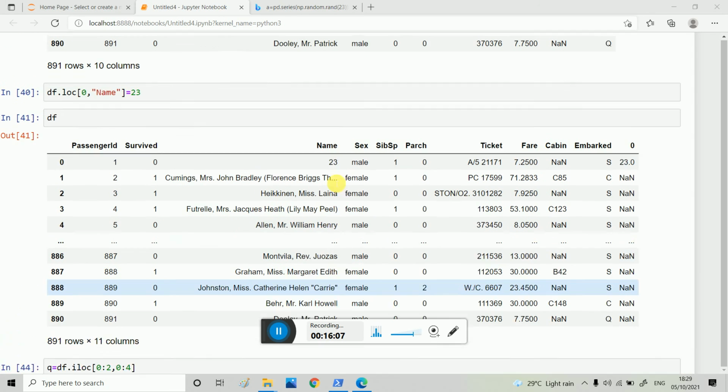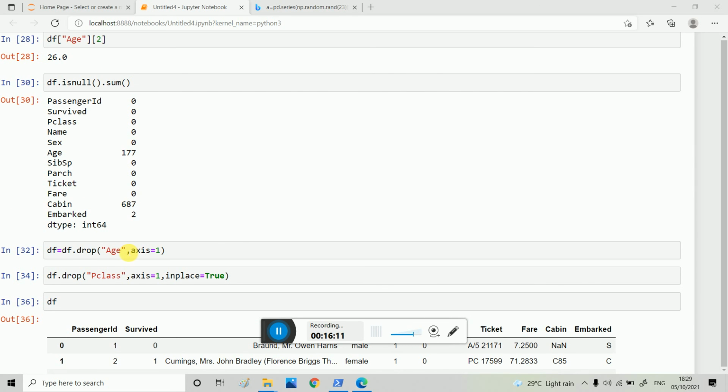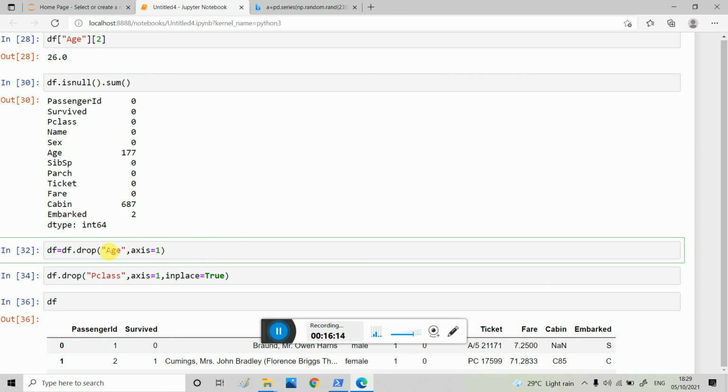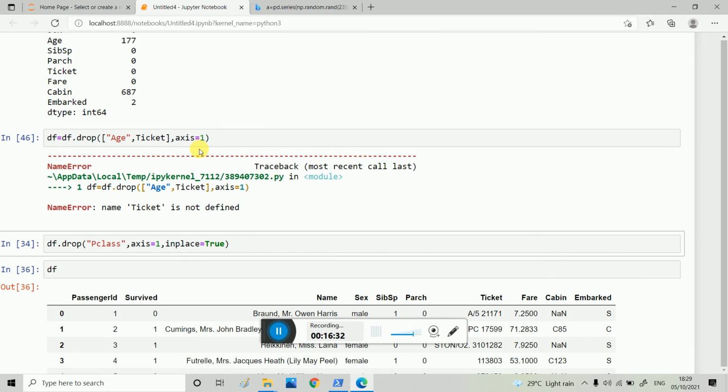At last I will tell you how to delete more than one column. So here you write age, in the form of a list, that is age comma ticket, in double quotation marks, and in this way.